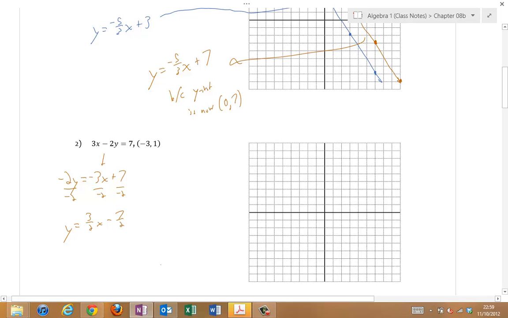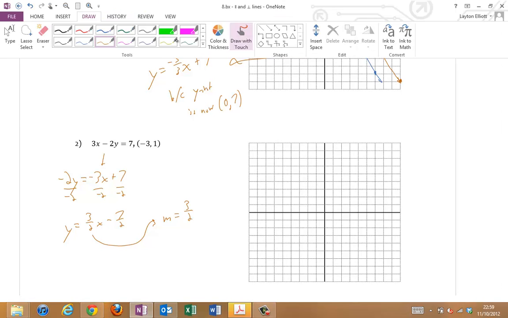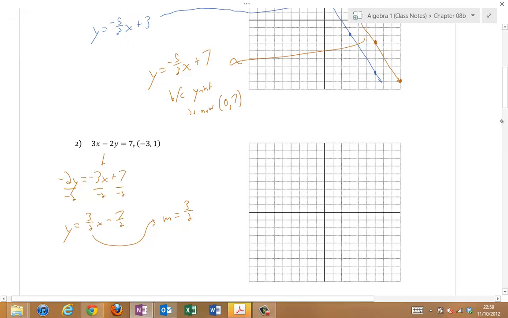Now, that's lovely. That's nice. But the only thing I really care about is the slope. So I'm going to steal the slope from this line, and I'm going to say the slope is 3/2. And I'm going to ignore the rest of it. Then, like we do any time that we want to figure out the equation of a line, we're going to use